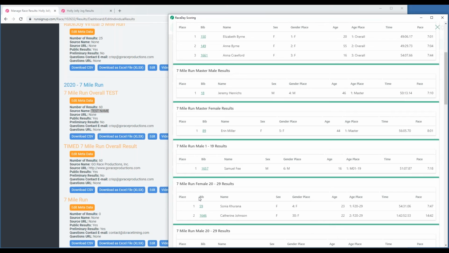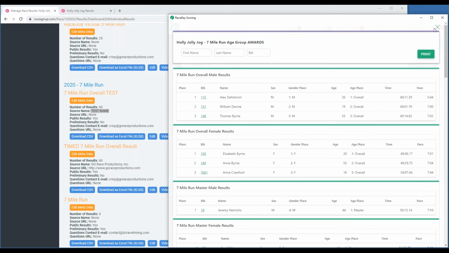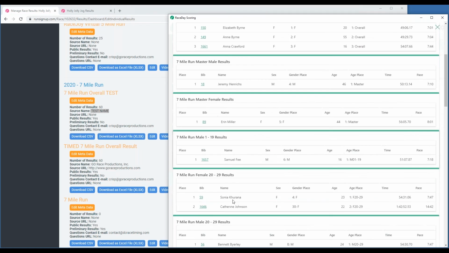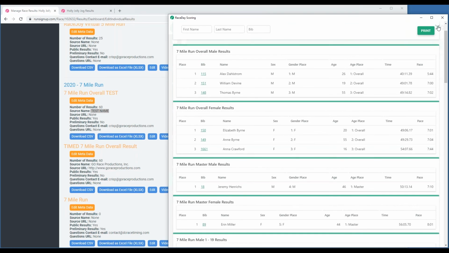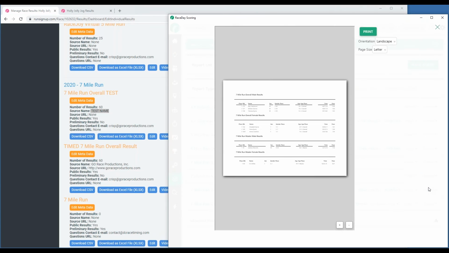And just keep in mind on this page, if it's an empty result set, you're just not going to see it there. And you can show those people if you want to, but in most scenarios, you don't want to see them. So, and if we print preview,